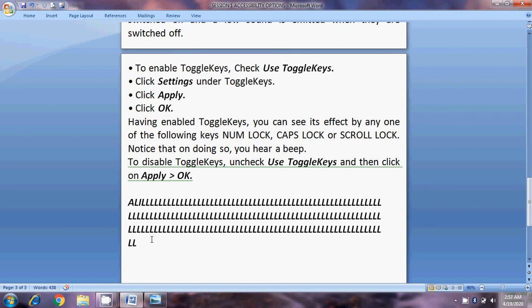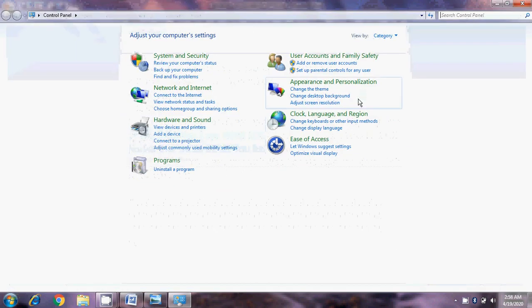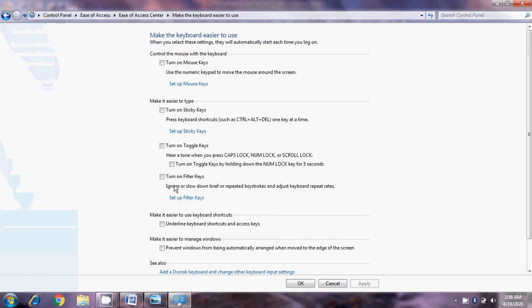But when you enable filter keys, it enables the keyboard to ignore repeated keystrokes. Let's enable filter keys. Check the turn on filter keys option, then click on apply, then click on OK.